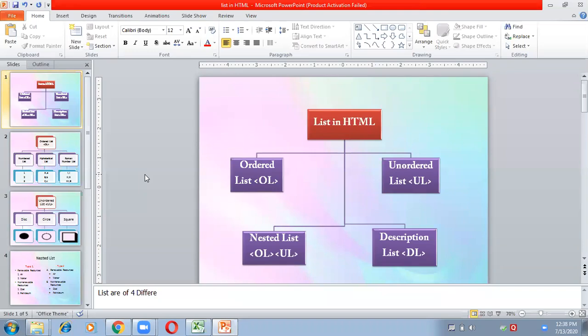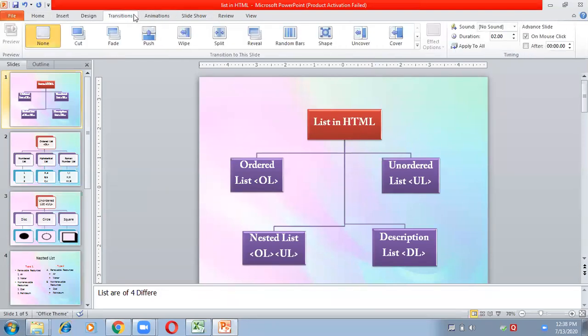For that, first of all, it is compulsory to add transitions, because if you choose the option move to next slide on mouse click, then definitely you cannot convert your PowerPoint presentation as a video.